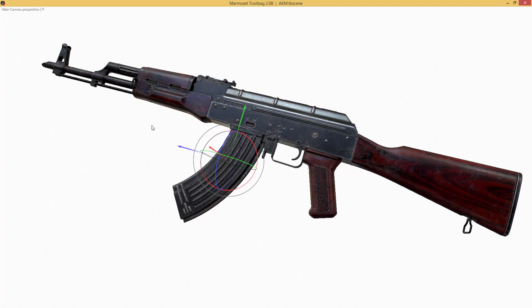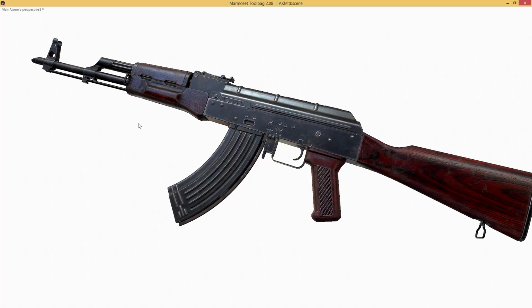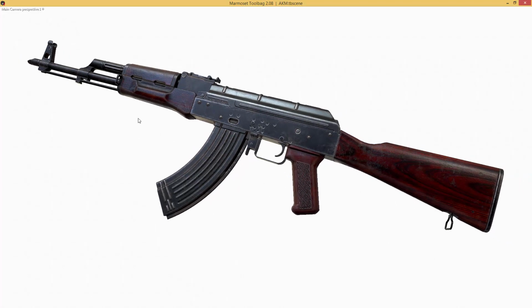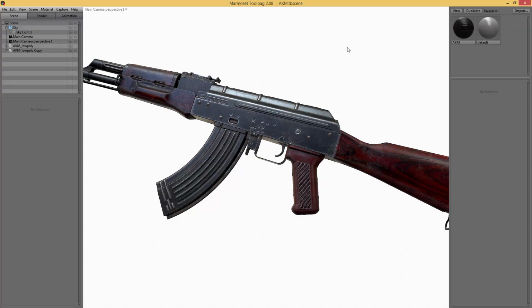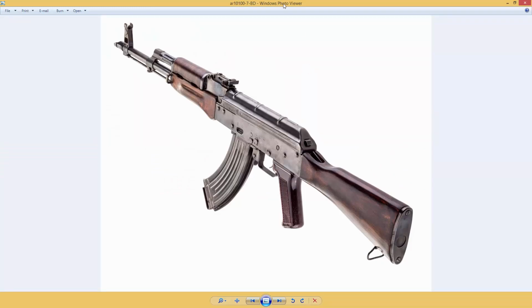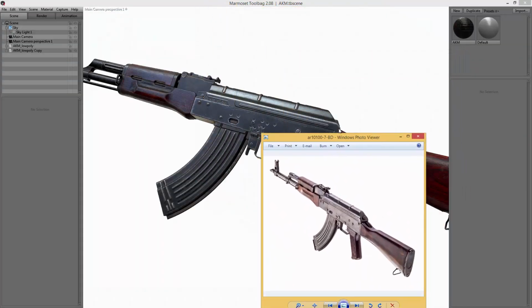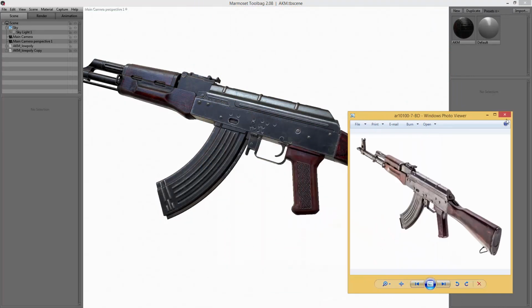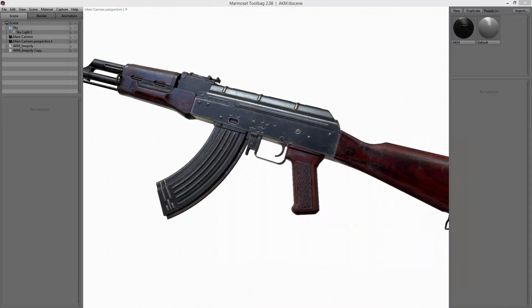So this one here, for example, could be nice to just show the AK as a whole and show our complete work. And like I just mentioned, I like to look at reference images. Like this one here already has a really nice lighting. And as you can see, we are not really that far off from it. So I'm gonna have it here on the right side on my second monitor, and I will just try to